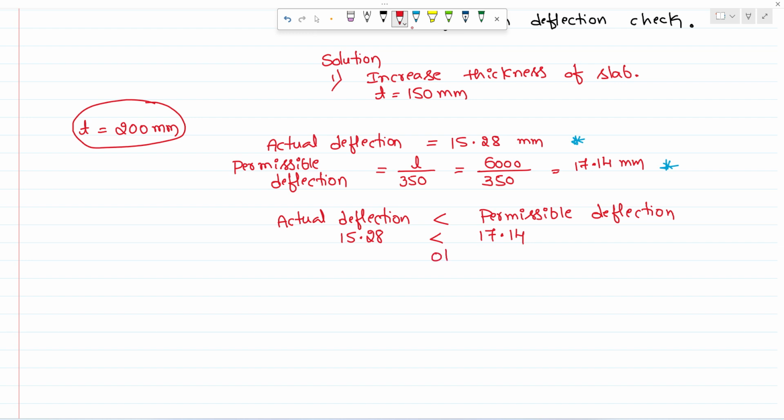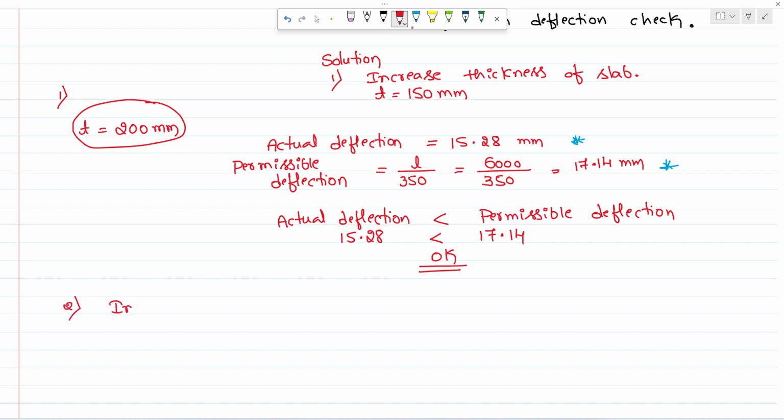Hence it is okay. As long as your actual deflection is less than permissible deflection. So this is the first solution, by increasing the thickness of slab. Second solution